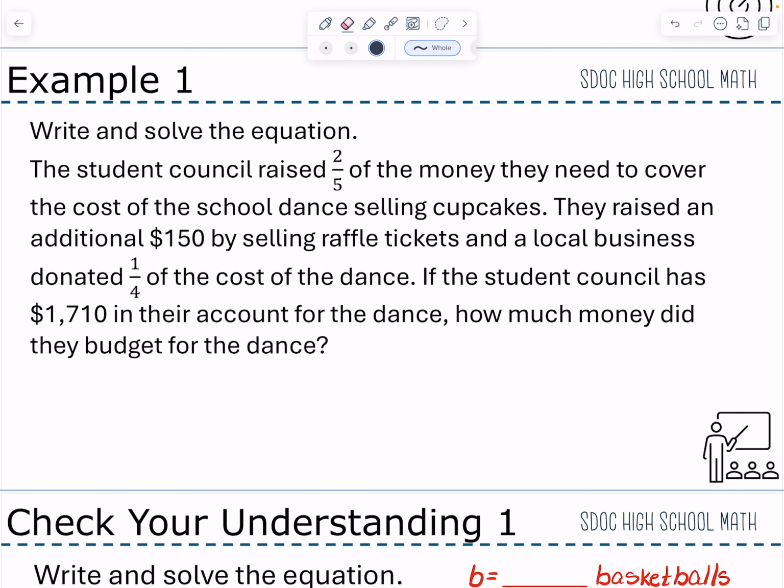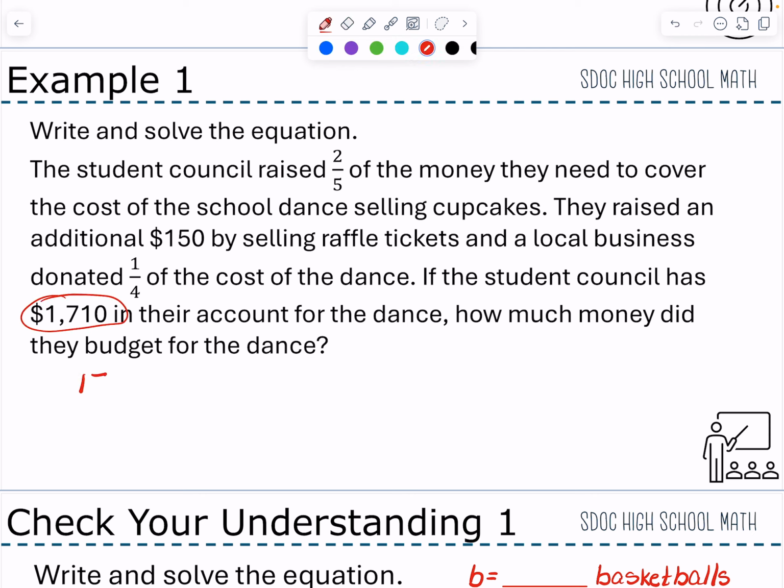The student council raised 2/5 of the money they need to cover the cost of the school dance selling cupcakes. They raised an additional $150 by selling raffle tickets, and a local business donated 1/4 of the cost of the dance. If the student council has $1,710 in their budget, in their account, how much money did they budget for the dance? So we are going to look at this and say their total is